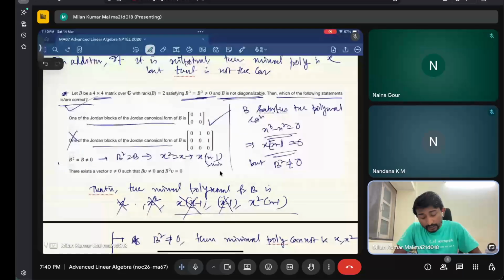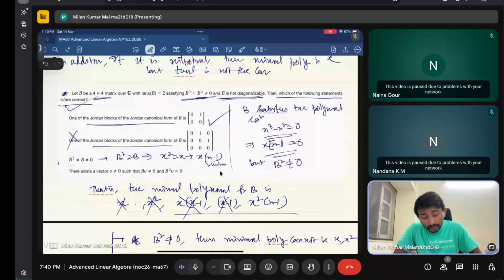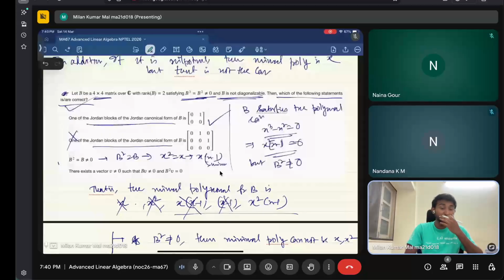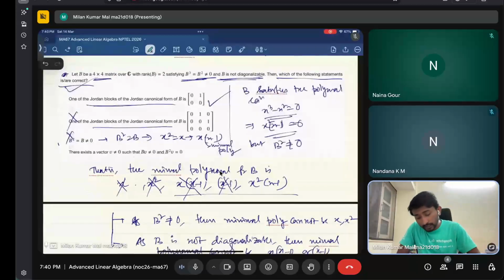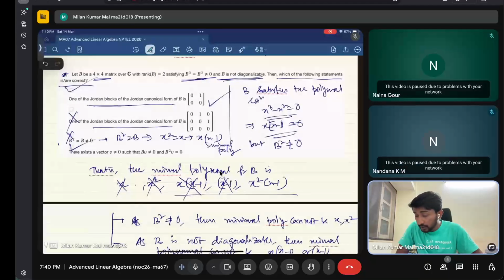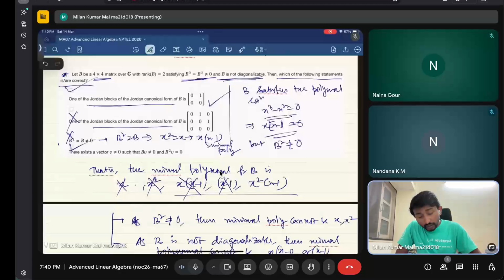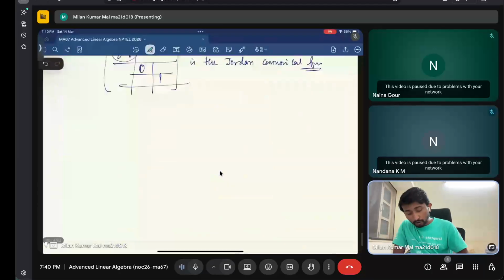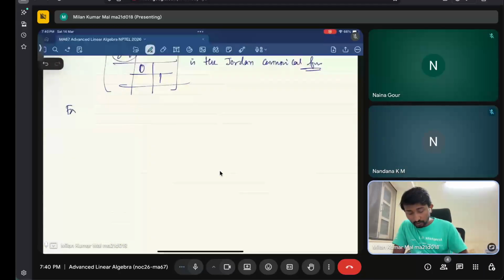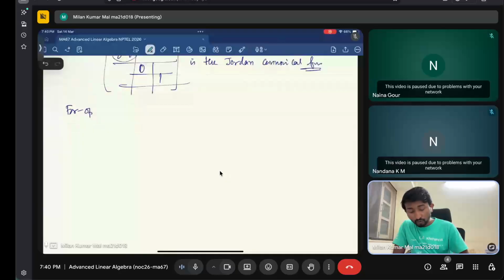Another fact is that there exists a vector v not equal to 0 such that Bv is not equal to 0 and B squared v is equal to 0. This is a very interesting option and this is correct. But why this is correct, I already discussed somewhere. So if you go back to option 4,